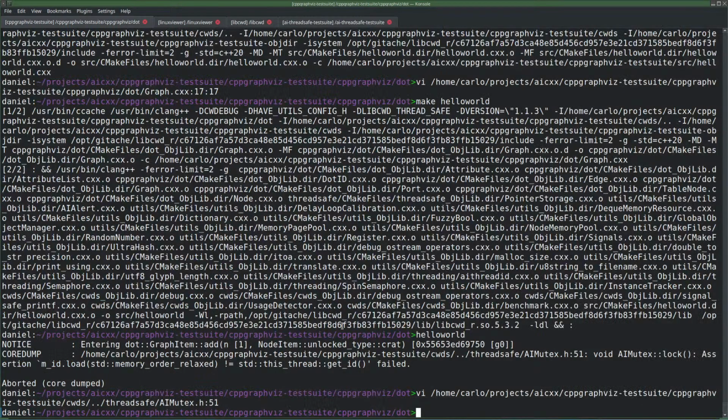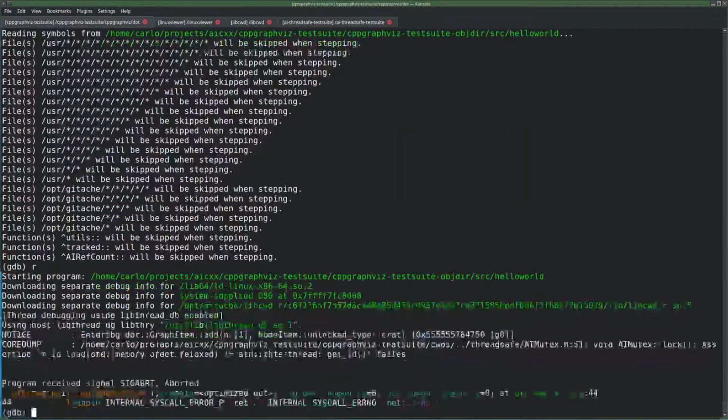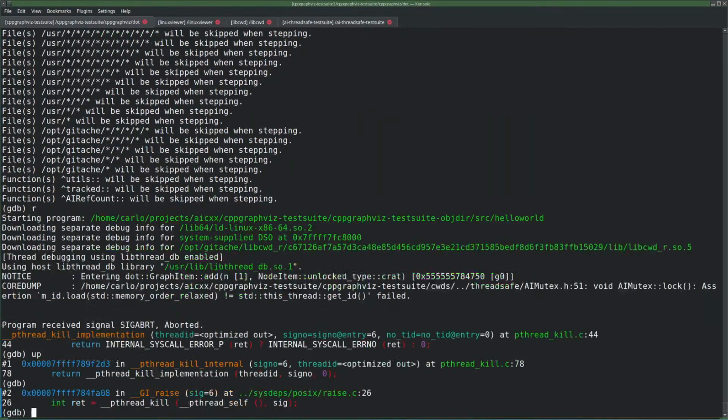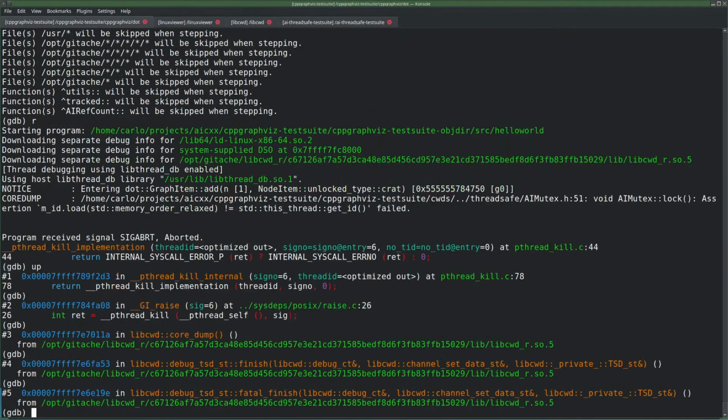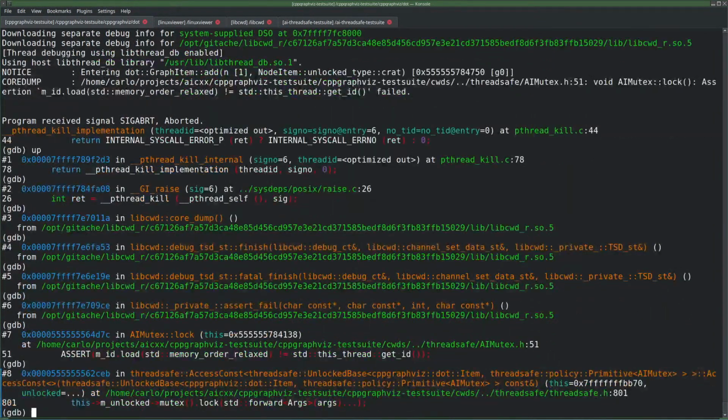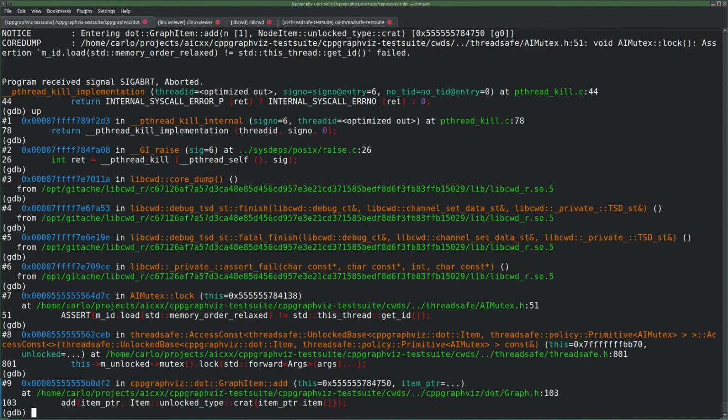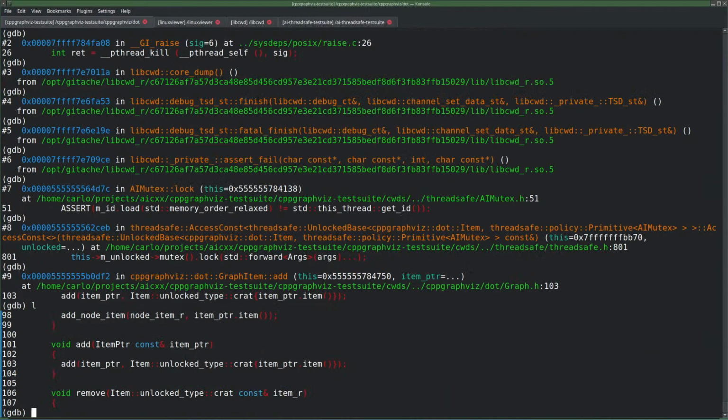Before we just crashed, deadlocked. No, same thing, I guess.